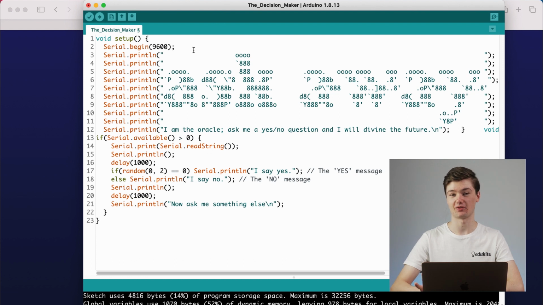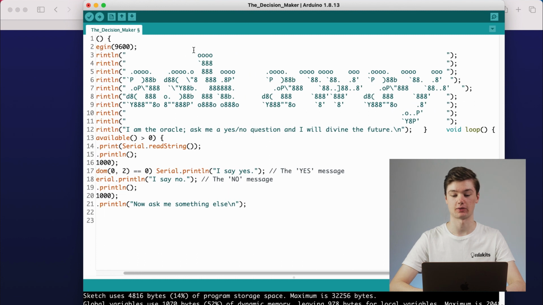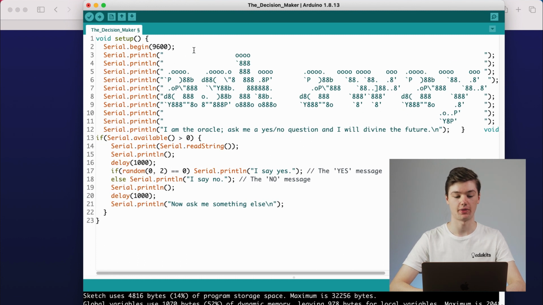So we don't want to get rid of this line because it's beginning our communication with the computer. So that's saying we are starting to talk to the serial monitor. So we'll keep that. But the next line starts printing the characters for the ask away text. And then at line 12, we have our opening message. So everything between lines 3 and 12, so 3, 4, 5, 6, 7, 8, 9, 10, 11, they can go.